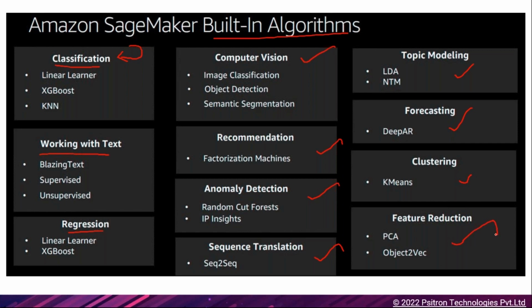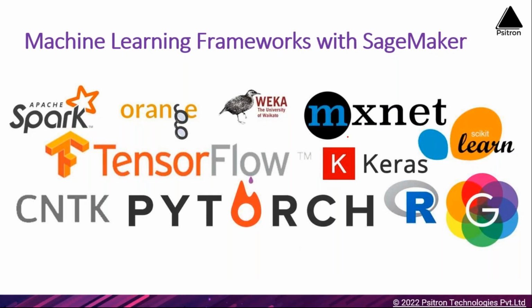So in this particular course, we're going to explore each and every algorithm, and we're going to build real-time projects on top of it. And again, you can bring in many different kinds of machine learning frameworks. If you're not interested in, let's say, built-in algorithms, do you like to use TensorFlow on Amazon SageMaker? Bring it, possible. You want to use MXNet, Keras, PyTorch, you can bring many different kinds of ML algorithms into